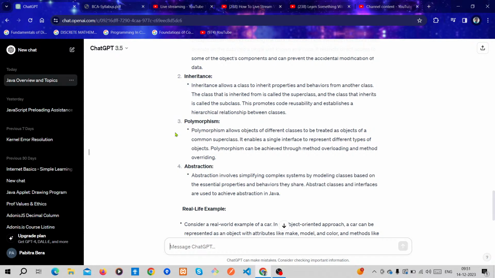So for polymorphism, code reusability is the biggest thing here. It means we don't need to rewrite the same code again and again. We can define the code once and use it in the program everywhere, because polymorphism is here.